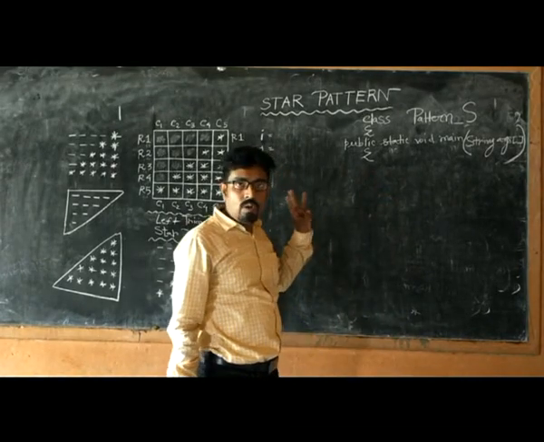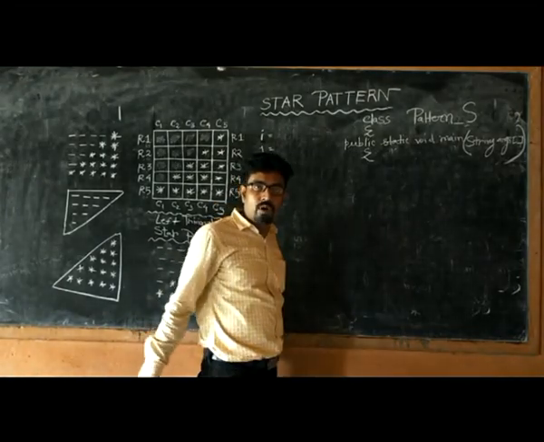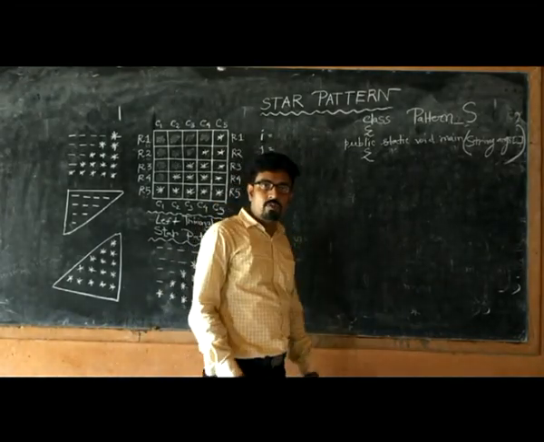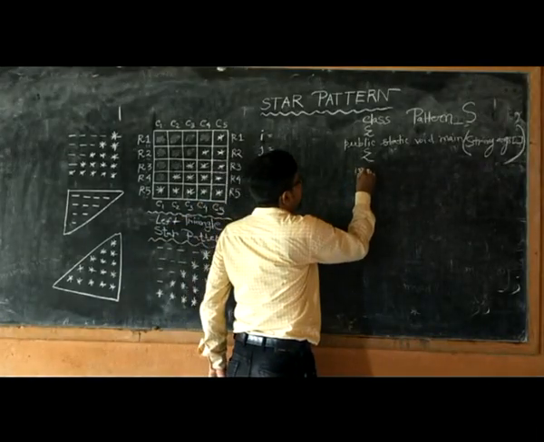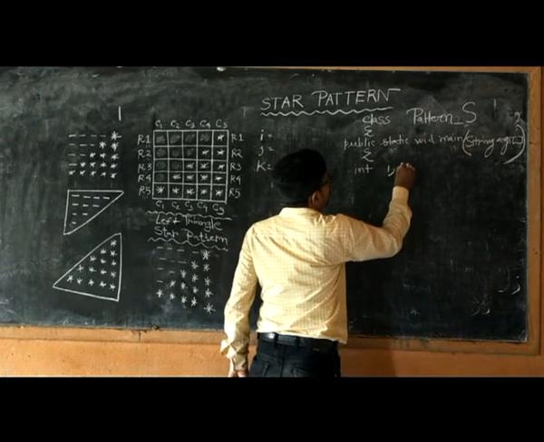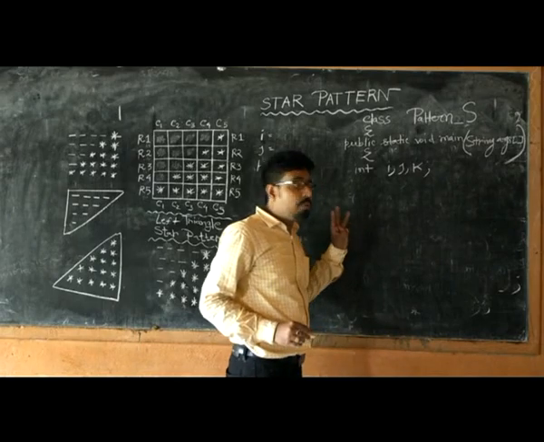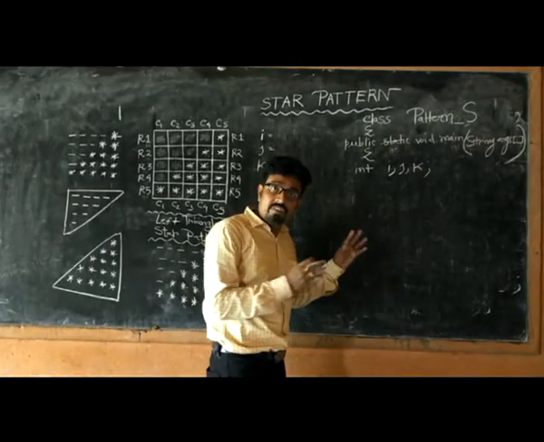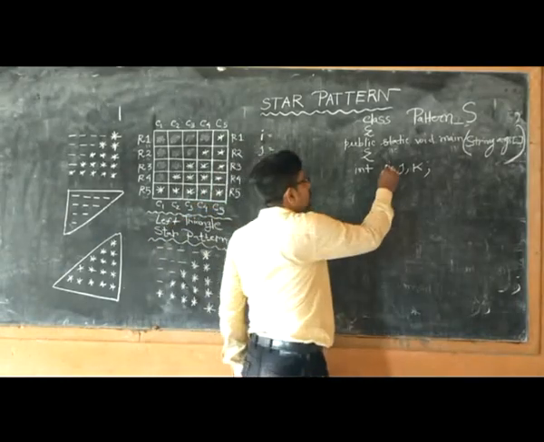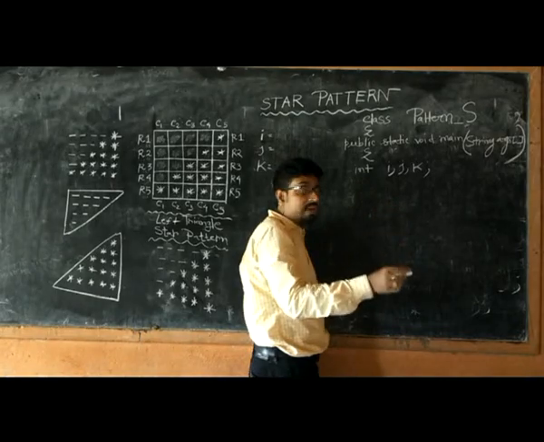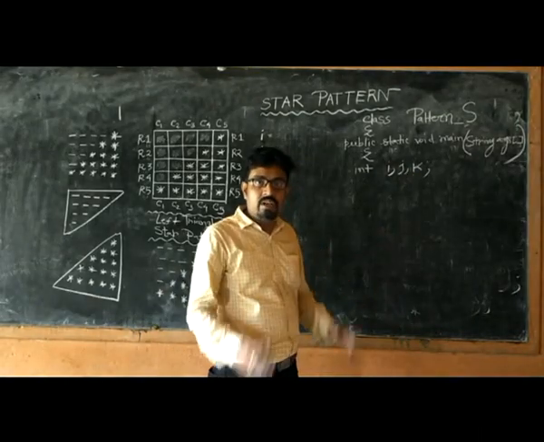So I will take all 3 variables. Those variables I am going to use to print the star pattern program, students. So let's see how it works. int I, J, K. I have taken 3 integer type variables for implementing the for loops inside the programming body. Look here: I for the outer for loop, J to print the space, and K used to print the star. These two we are using as nested for loops.